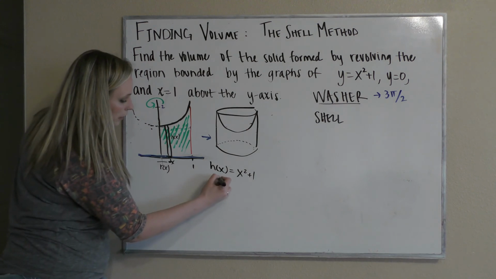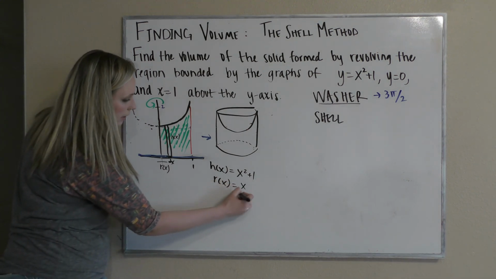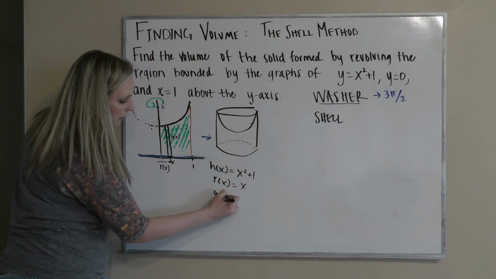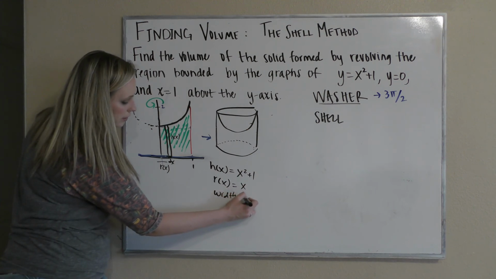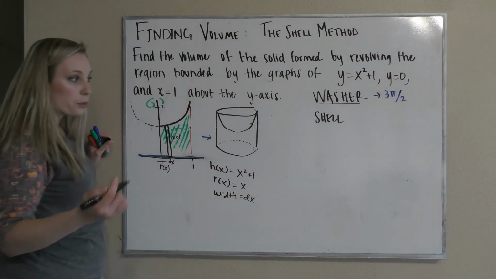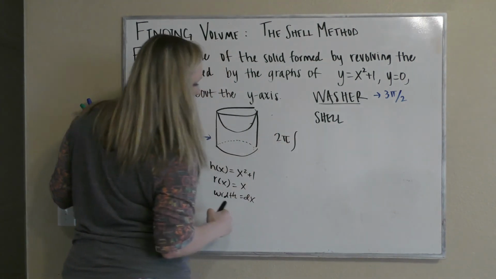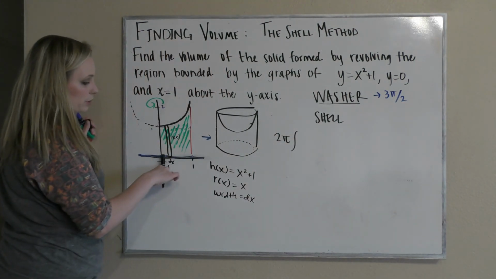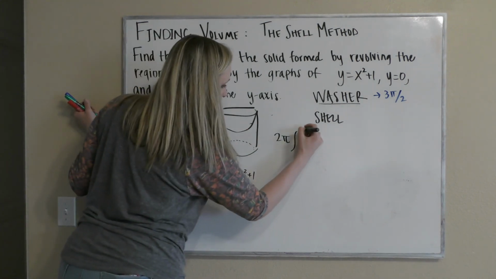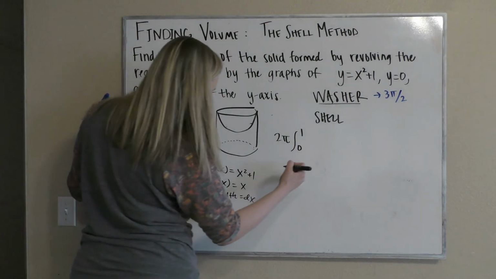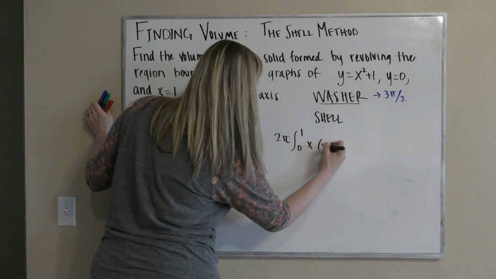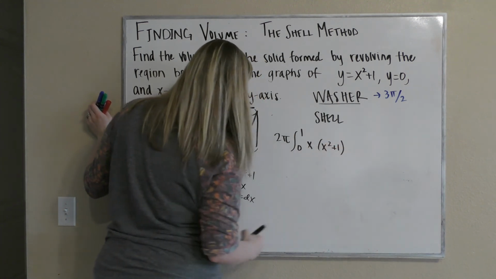We're going to say our radius is x, and then our width is dx. So we need to multiply or do our integration. So we have 2 pi, and we are integrating with respect to x, so 0 to 1. And we're going to do our radius times our height